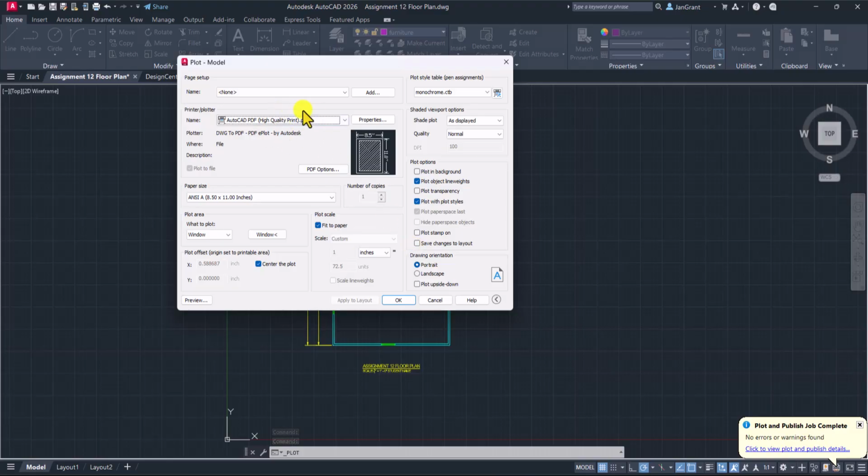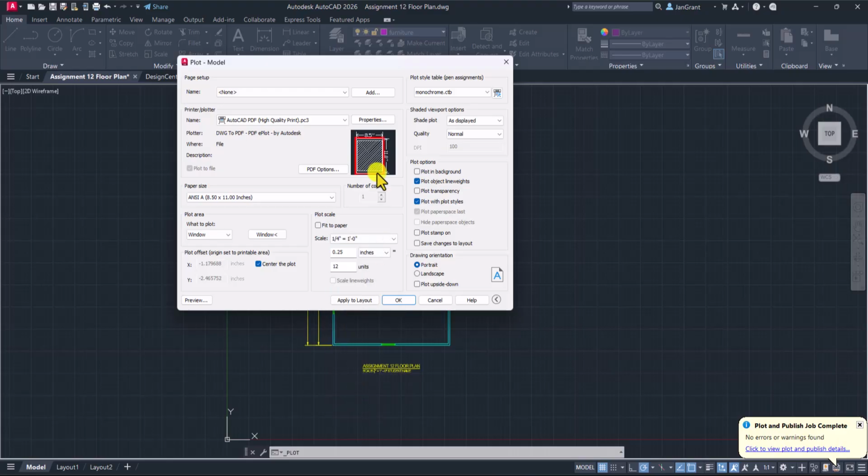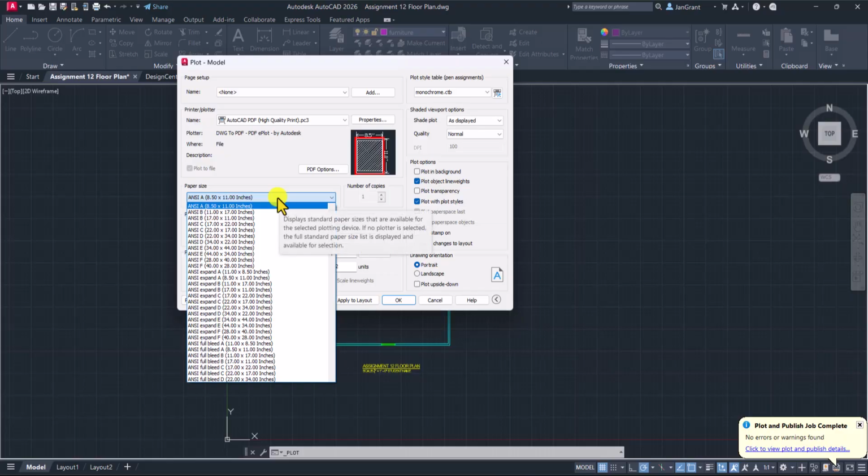paper to a plotter, you can plot it to a specific scale. So right now we just printed it to fit the paper. But if I take the check mark out of fit the paper and I change this custom scale to 1/4 of an inch equals a foot, down at the bottom, 1/4 of an inch equals a foot, I need to change the paper size. So the paper size would probably be something bigger. Let's just say an